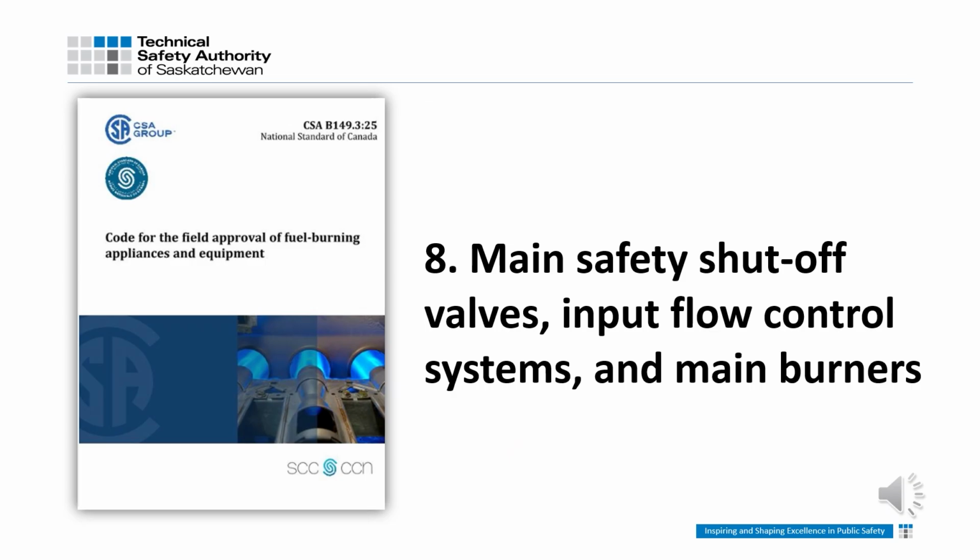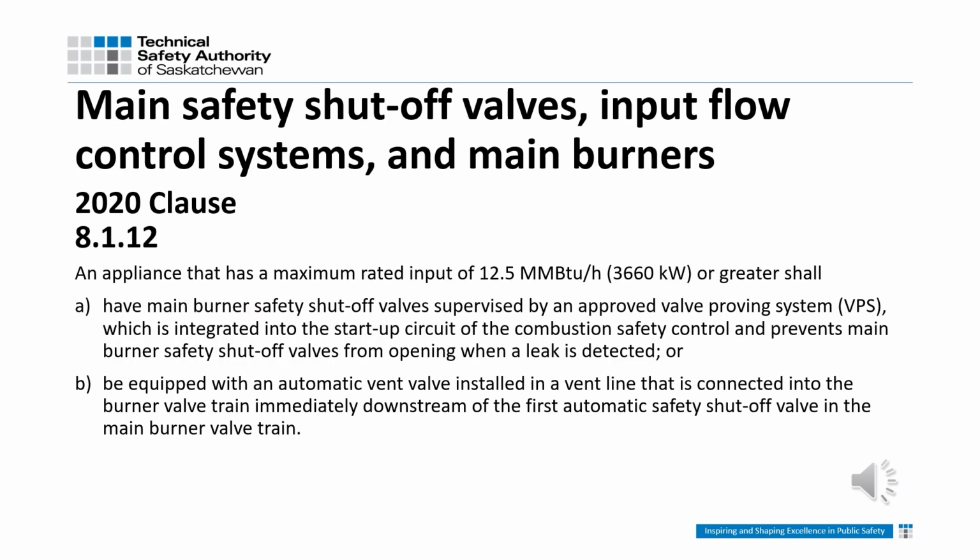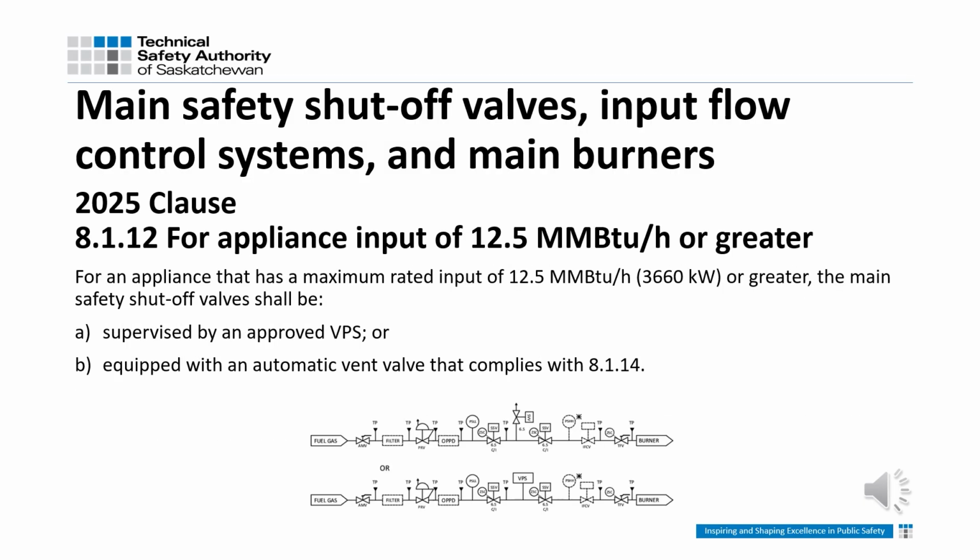Section 8. Main safety shutoff valves, input flow control systems, and main burners. First up is 8.1.1.2. This is the clause from 2020. In 2025, this clause was rewritten to be more concise. For 12.5 million BTUs or greater, the main safety shutoff valve shall be A, supervised by an approved VPS, or B, equipped with an automatic vent valve that complies with